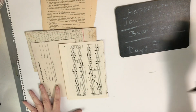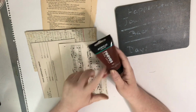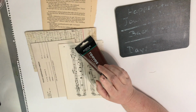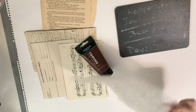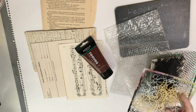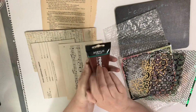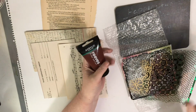Then I'm going to take my brown paint, which this is my burnt sienna from the Reeves set that I bought that I am liking. It's very inexpensive. And I'm going to take some bubble wrap, Punchella, my wallpaper, maybe some commercial stencils, I'm not sure, and I'm going to just put this over the top, all right? Then I'm going to tear it down,